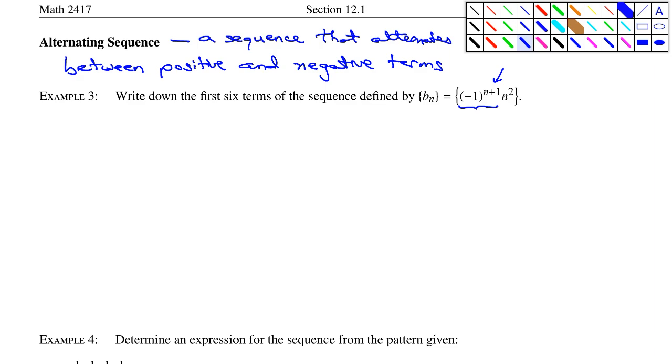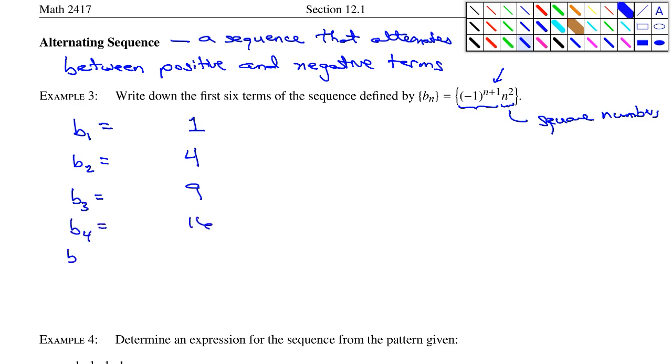Example 3. Write down the first 6 terms of this sequence. B sub n is equal to -1 to the n plus 1 power times n squared. So the first thing to note here is that the n squared part is just going to give me the square numbers. So b sub 1 will be partly 1, b sub 2 will be partly 4, b sub 3 is going to be partly 9, b4 is going to be 16, b5 is going to be 25, and b6 is going